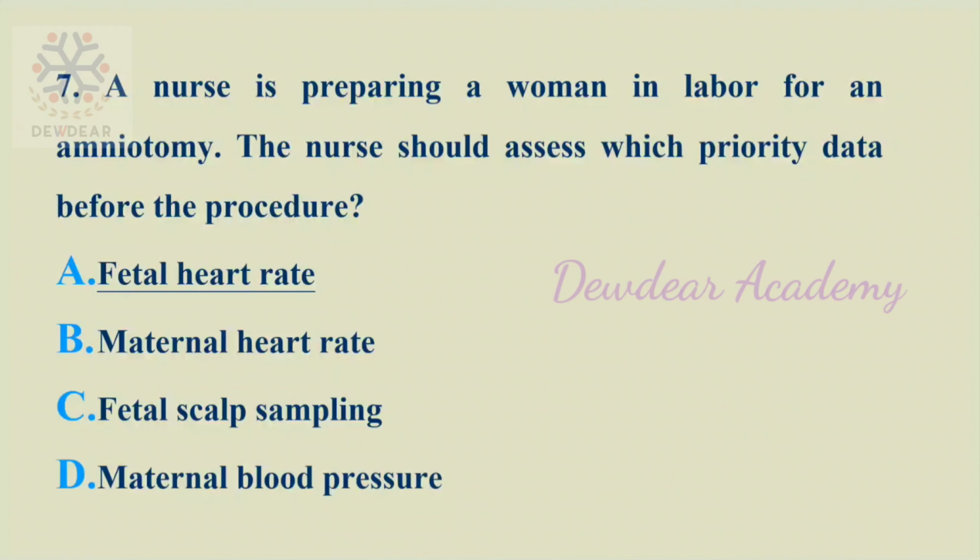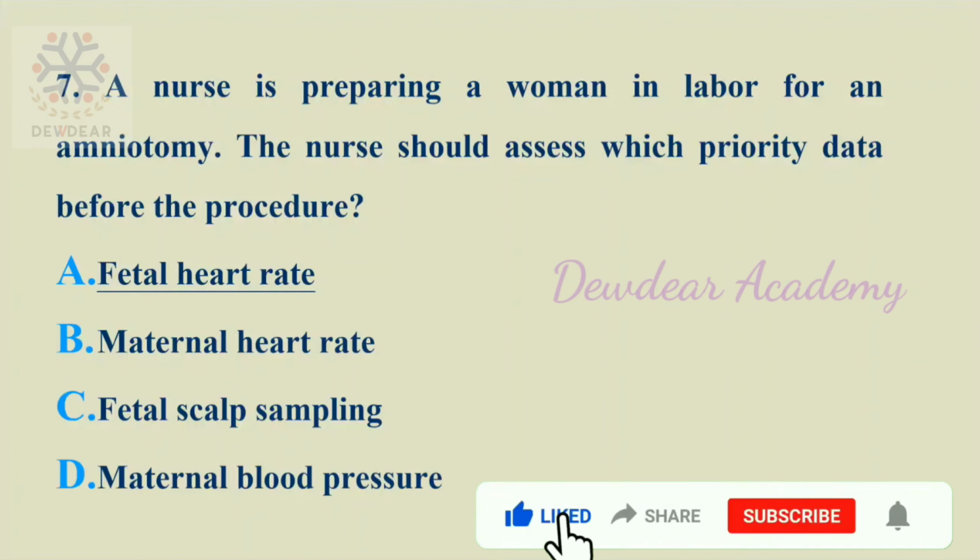So here amniotomy is the artificial rupture of membrane, and it can be used to induce labor when the conditions of cervix is favorable, or to augment labor if the process begins to slow. And fetal well-being must be confirmed before and after amniotomy. So fetal heart rate should be checked by Doppler or with the application of external fetal monitor. So here the correct answer is the nurse should monitor or assess the fetal heart rate.